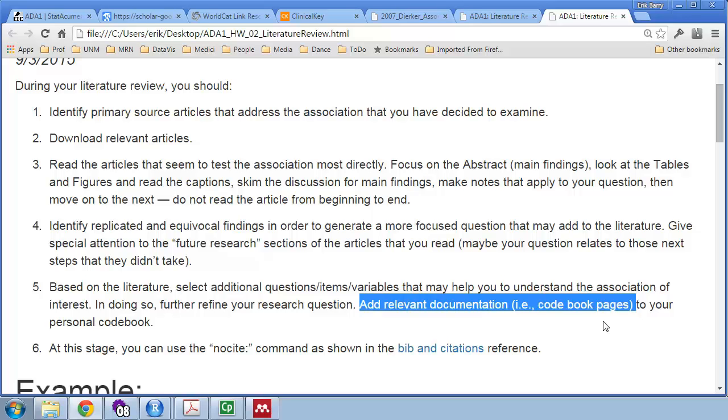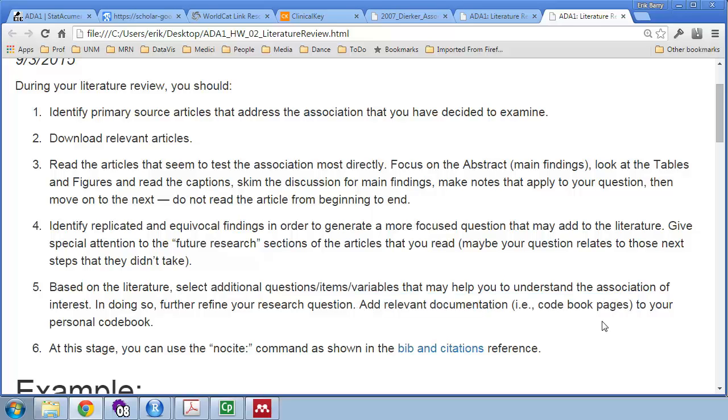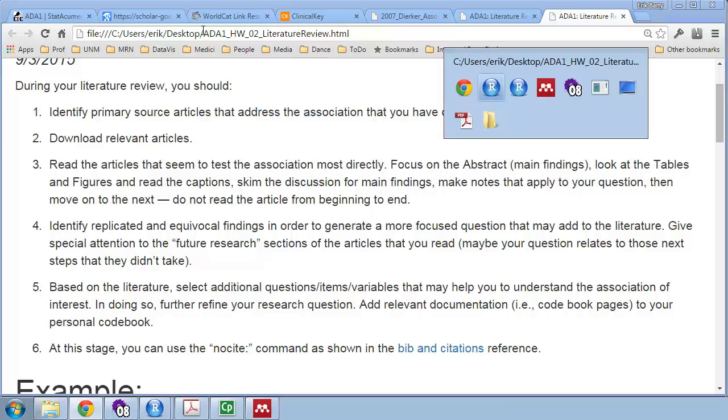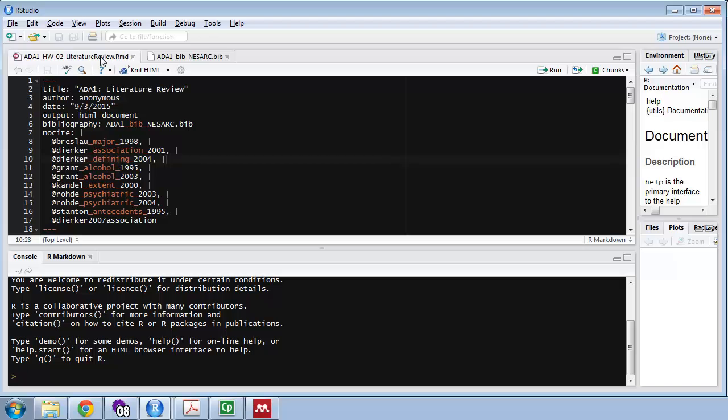You know, age, gender, certain demographic variables I think are always interesting. So, but you know, try not to go to 15 or 20 or 30 variables. And then use that no-cite command as we did here. So go ahead and start out with that R Markdown file that I have for you here, and then strip out the stuff you don't need and fill your own stuff in,